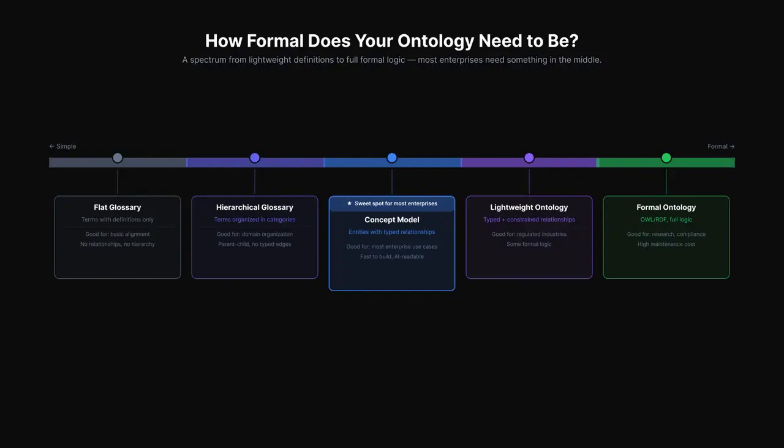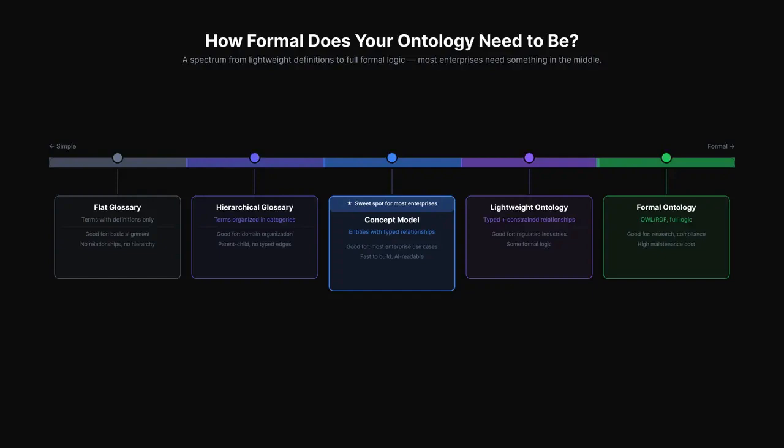A customer can have a lifetime value. A product belongs to a product category. A product category maps to a revenue stream. At the far end sits the formal ontology, expressed in language like OWL or RDF schema, machine readable, capable of supporting inference. Healthcare has SNOMED CT and FHIR, ontologies that let systems reason about the relationships between diagnoses, procedures, and